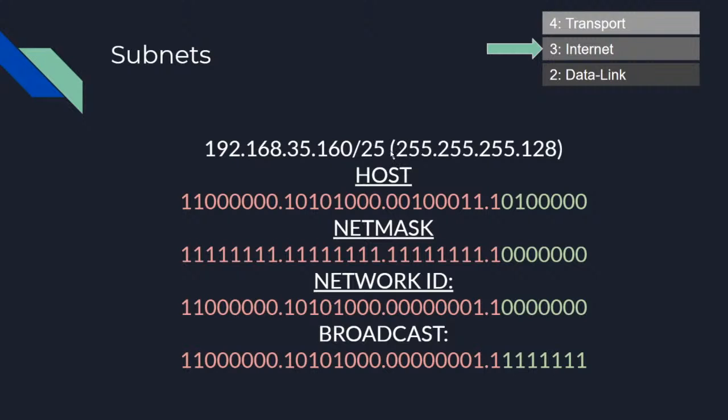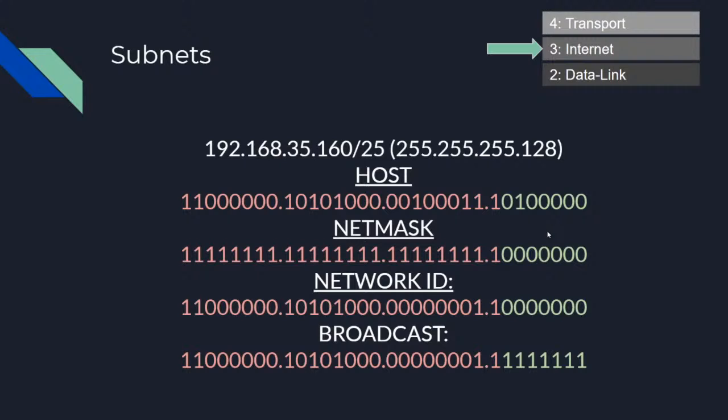But basically, the subnet mask is 255.255.255.128 in this instance, because this one is the 128 slot. So that is what it is here. So in order to figure out,